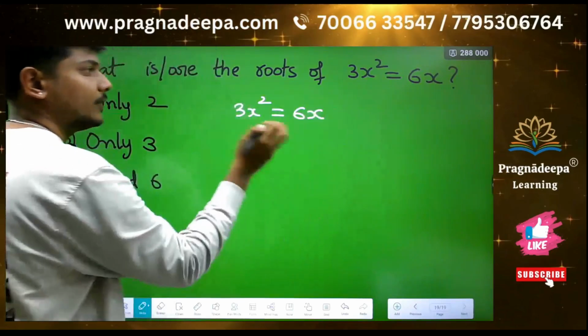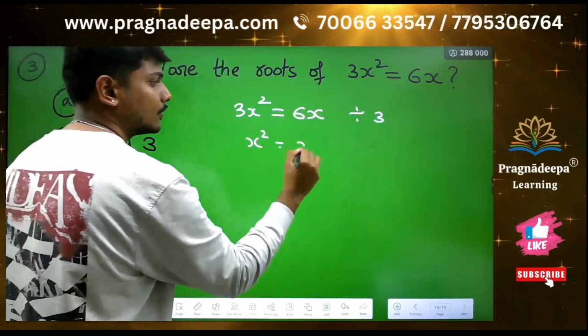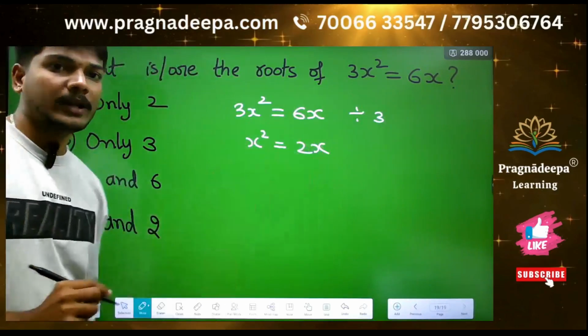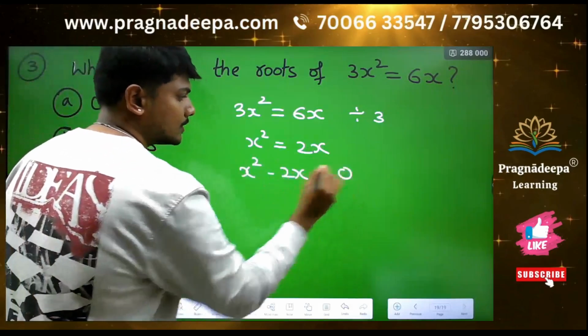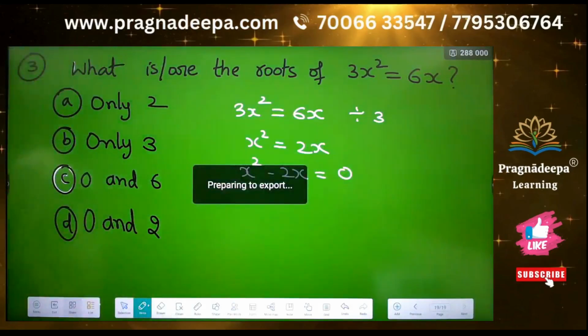So if you divide it by 3, you will get x square is equal to 2x, right? Then it becomes x square minus 2x is equal to 0. So if you take out x common, you are left out with